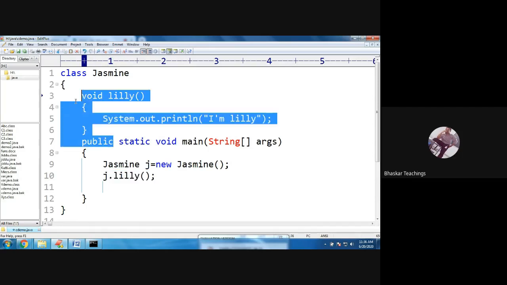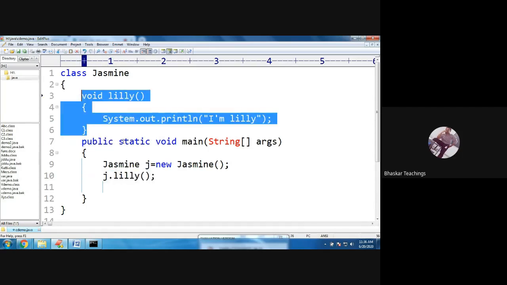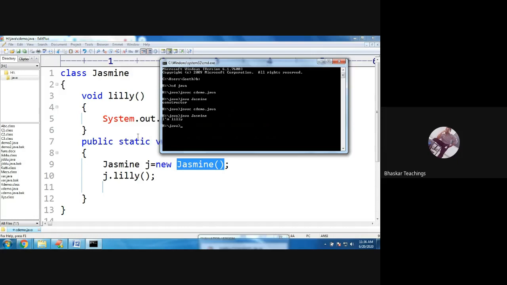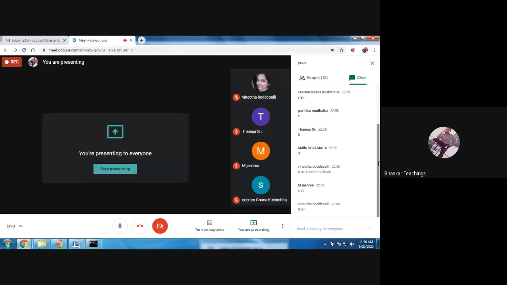If you remove this, you will get an error at the function call Lily. Same way, it should generate an error at this line now because there is no constructor, but still we have a constructor call. And when there is no constructor, it should generate an error actually when you call it. But it is not generating an error. The compilation is successful and we got output also. So how? This is the doubt, right? You got the point?